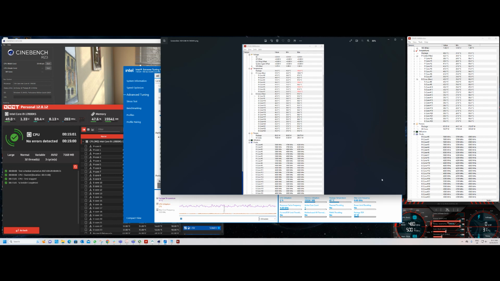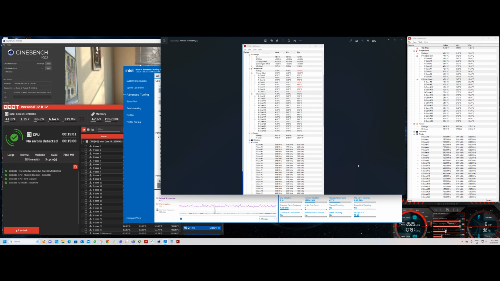Now, for anybody who's wondering, I just want to make sure it's cleared up. The KS and the K are very similar, actually about the same chip. The only big difference is that the KS is considered to be a binned CPU. Intel sets aside those KS chips after testing them, and they're the CPUs that can run at a higher frequency with a lower amount of watts and